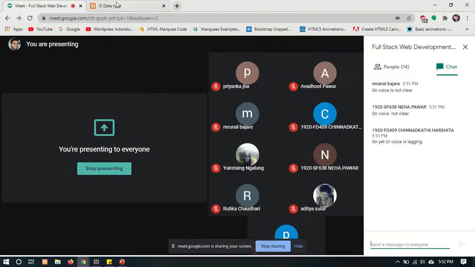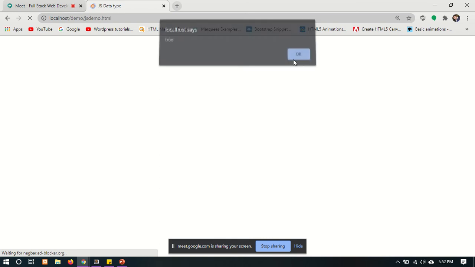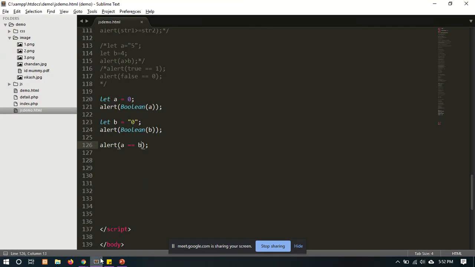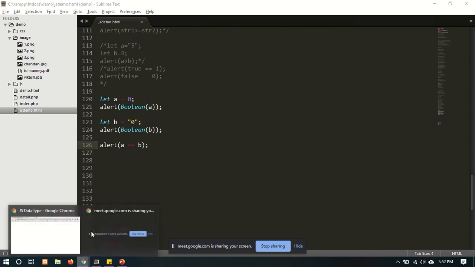So let's check. It will return false, true, then true. First it will return false because in Boolean(a), the value of a is 0.